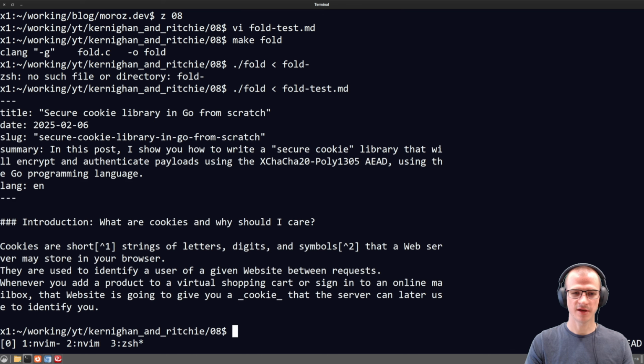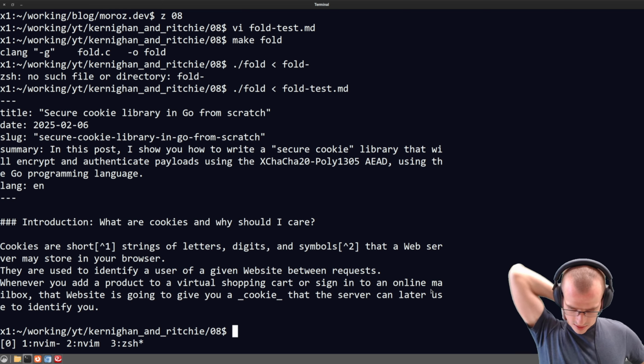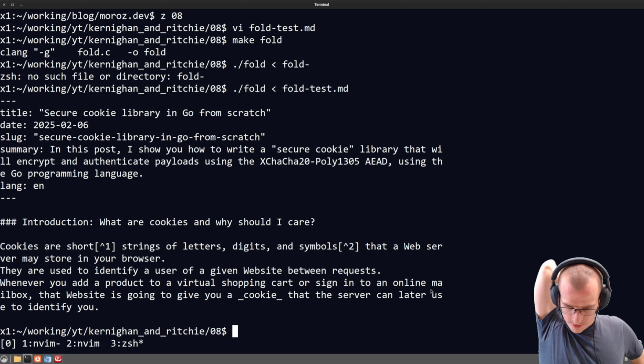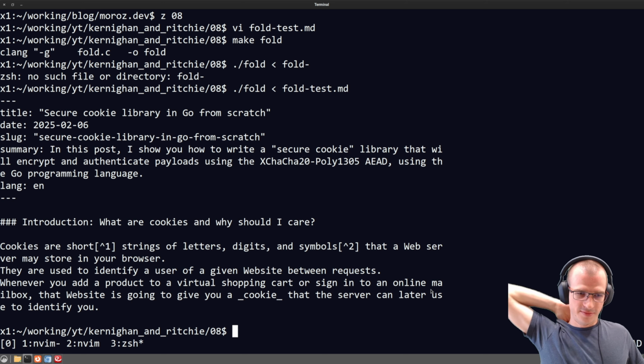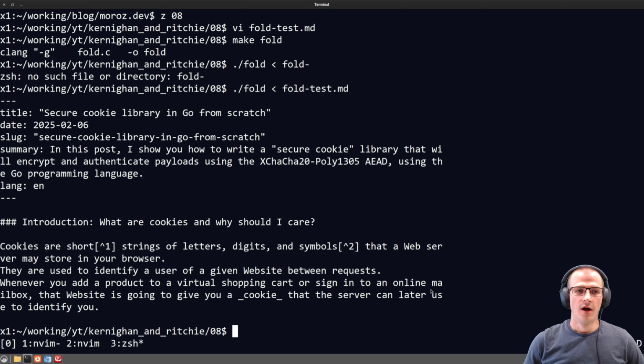Yeah, so this is a very hard, like a very hard fold. This technically works. So we fold at column 80, but we can already see that we are